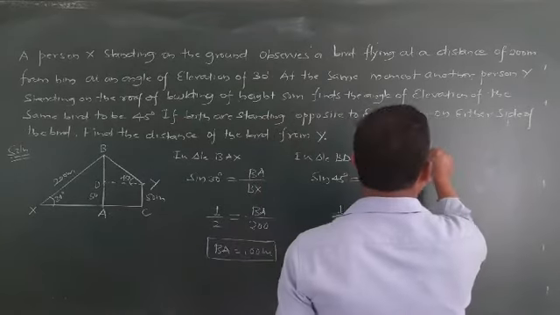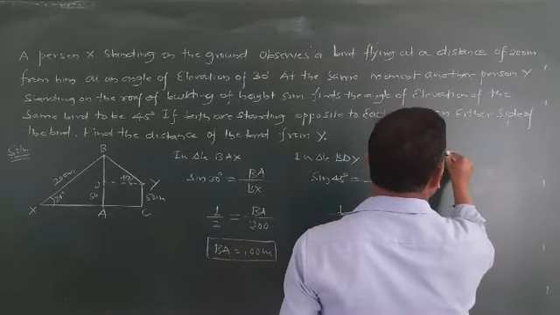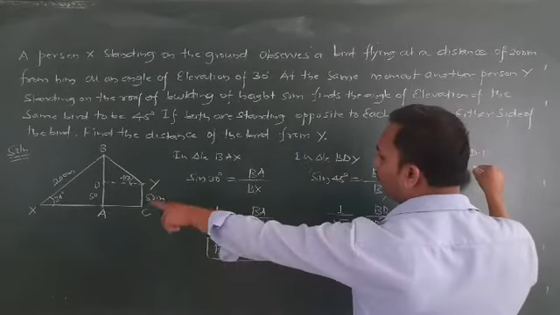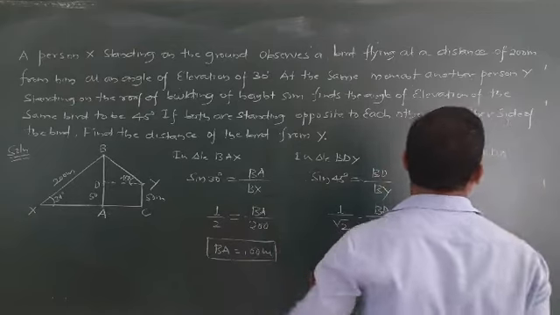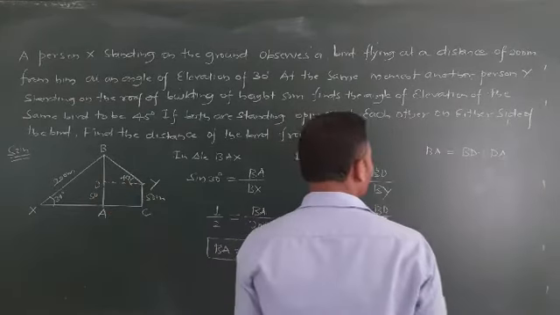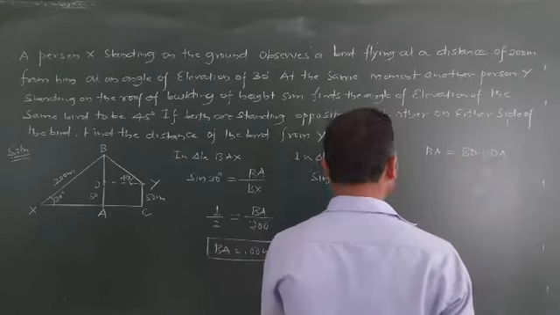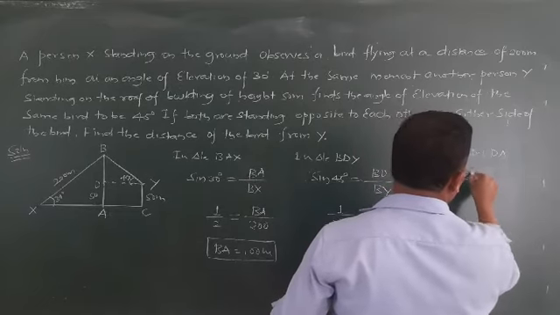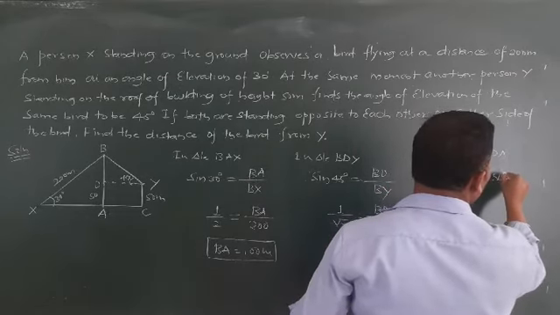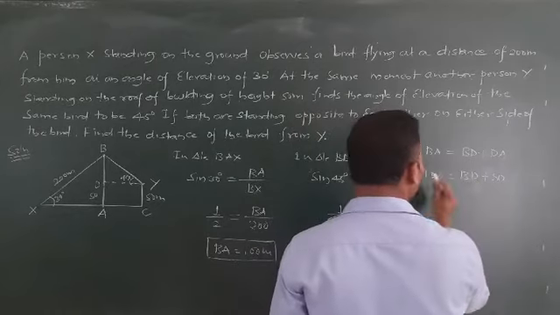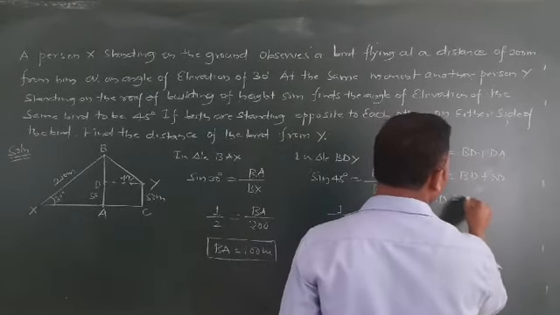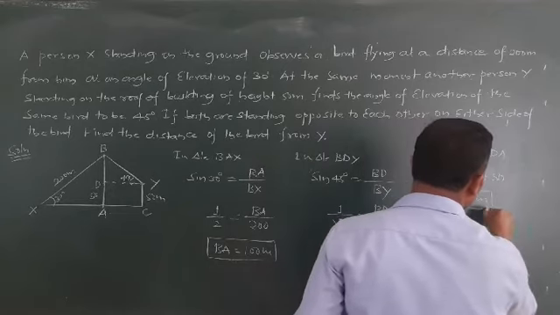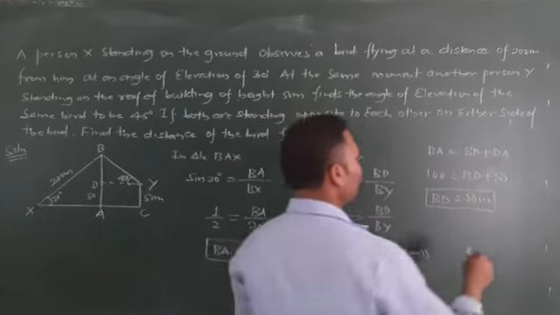Now let me write here BA is equal to, how can we write BA is equal to, it is BD plus DA. BD plus DA. Okay, now we need BD, isn't it? We need BD means how can we write? BA total how much do we have? 100, and we need BD. So DA how much do we have? It is 50. Okay, now you can transfer this to this side. So BD is equal to how much again? It is 50 meter.